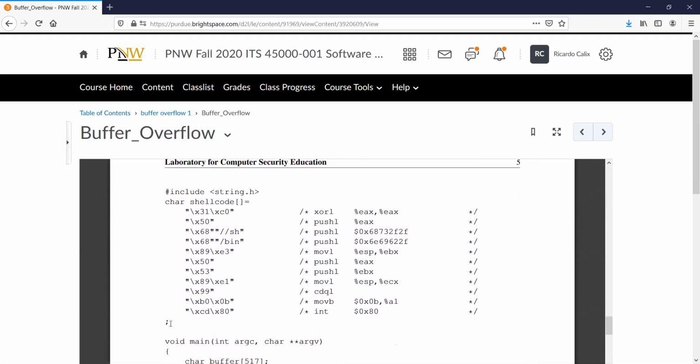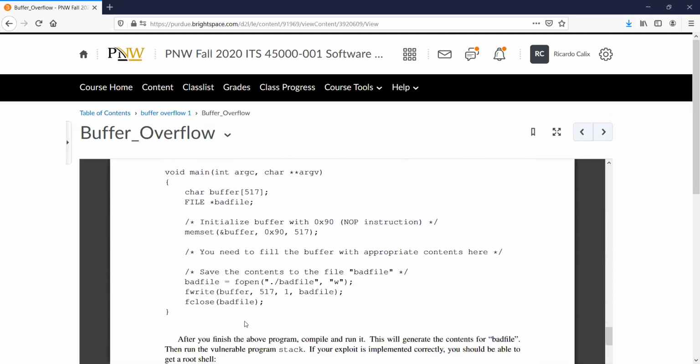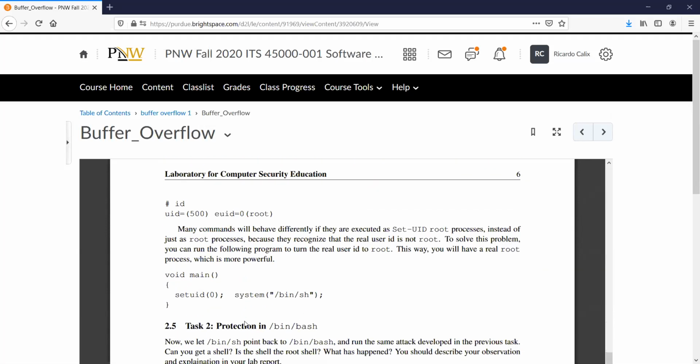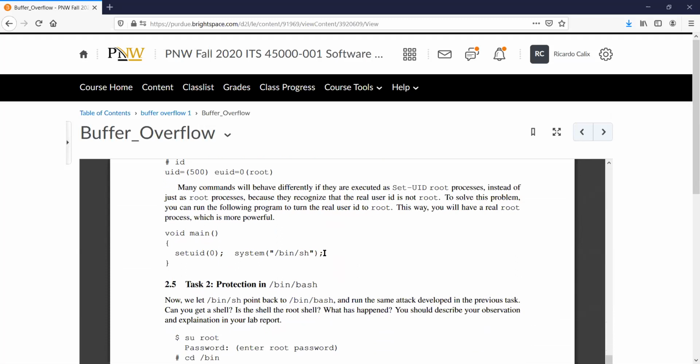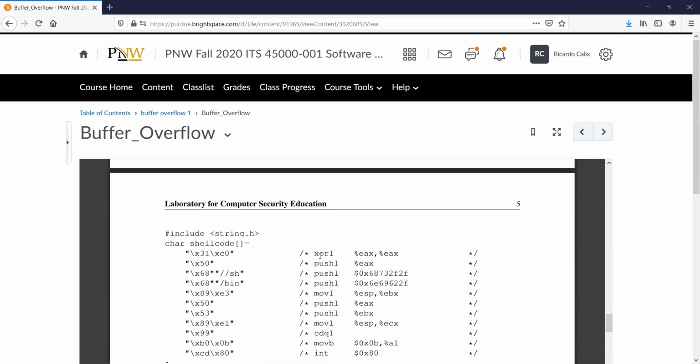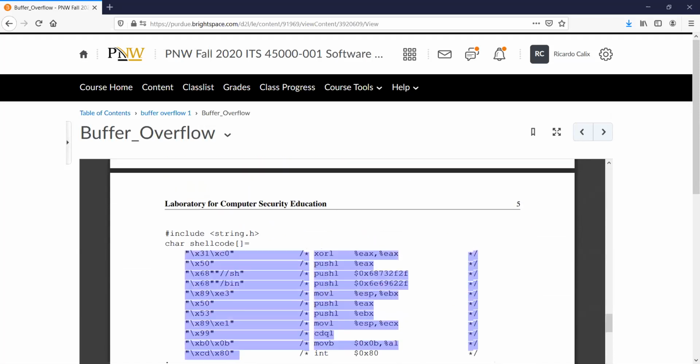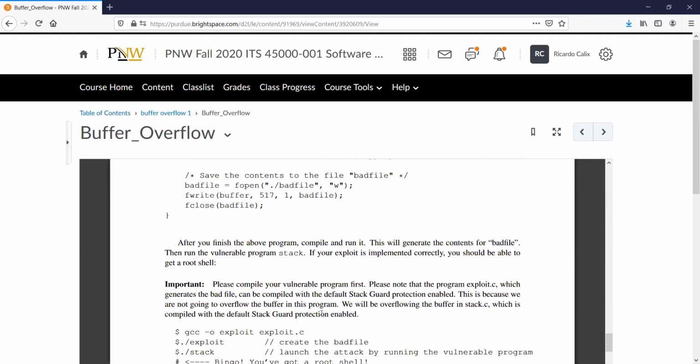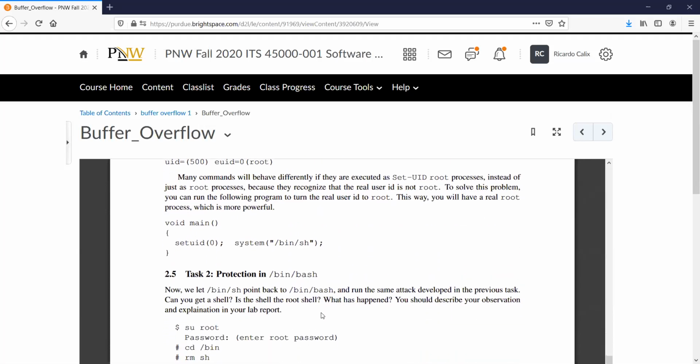If you remember, this is the shell code. So this shell code executes and it runs the shell. But here it's saying, before you run the shell, which is this, you can think of it as being this. Well, they're giving you the solution. So if you want to bypass bash, before you run this,